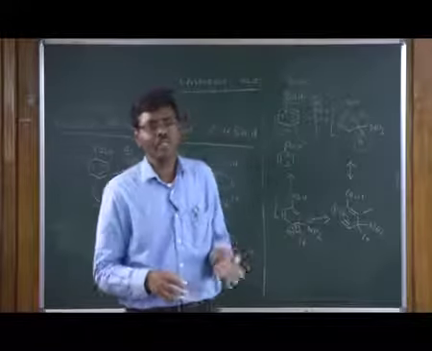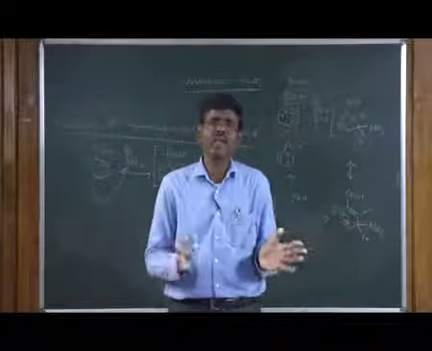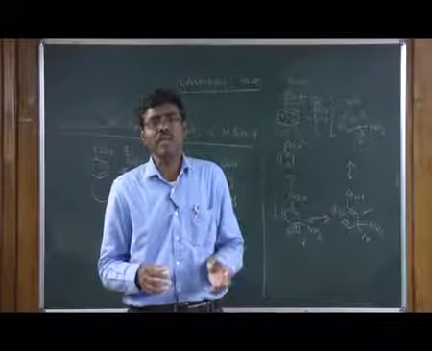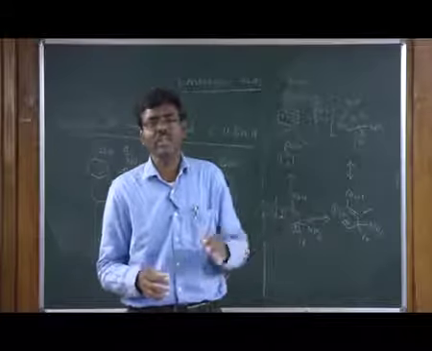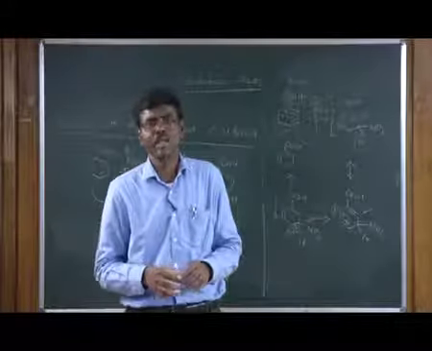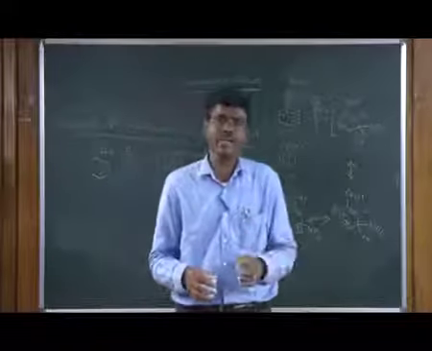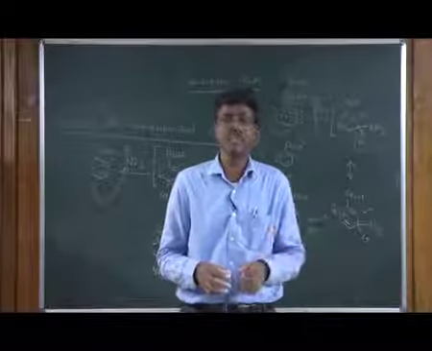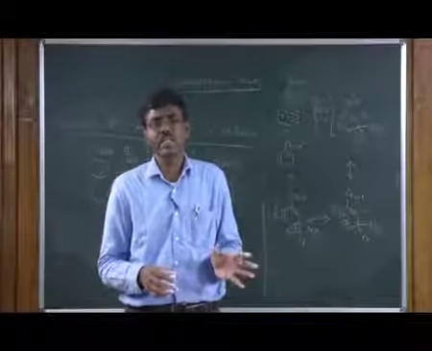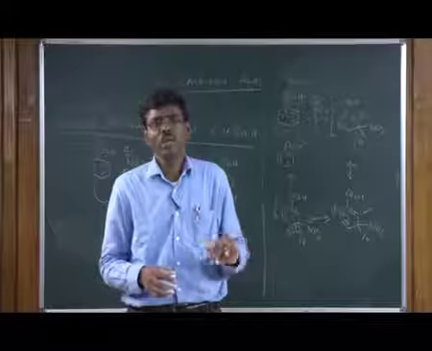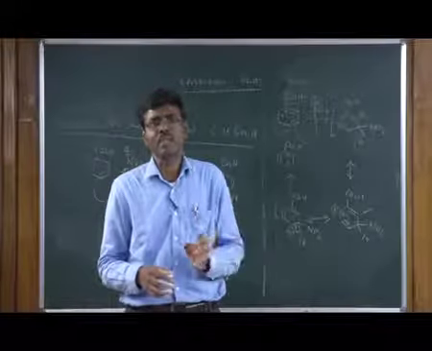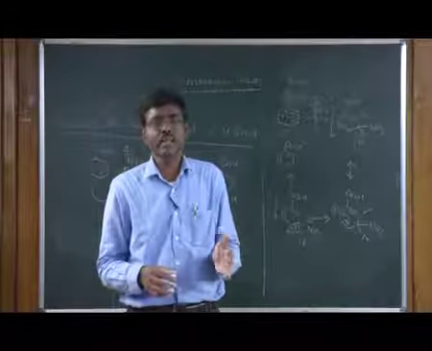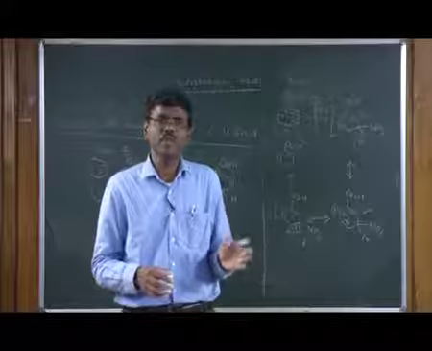Then we have seen some of the reactions where you can cleave the carbon-OH bond. Examples are the formation of anhydride. If you have the carboxylic acid and react it with a dehydrating agent like phosphorus pentoxide, it can dehydrate and you can make anhydride, which is also a very important precursor in organic synthesis for various acylation reactions. Then we have seen esterification, where we can do both acid and base based esterification reactions, and then we have seen how you can convert